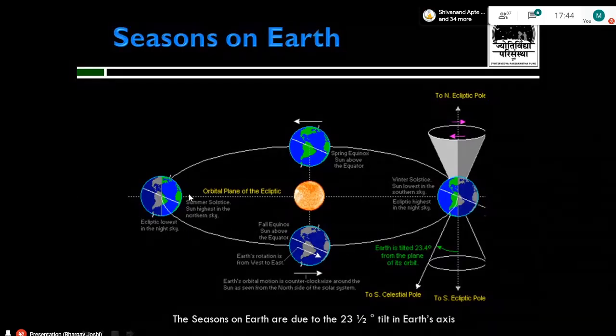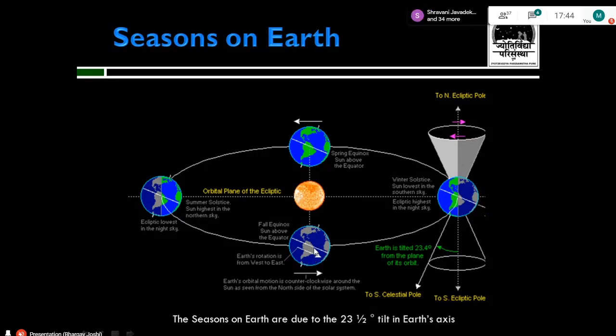And this occurs between 21st to 23rd of June. Okay? So that is when it is summer in the north. And again, when the Earth continues its motion in its orbit, we arrive again at a similar position to the equinox. Only this time, it is called the fall equinox. And this season is the autumn season. Okay, so this occurs in the month of August.